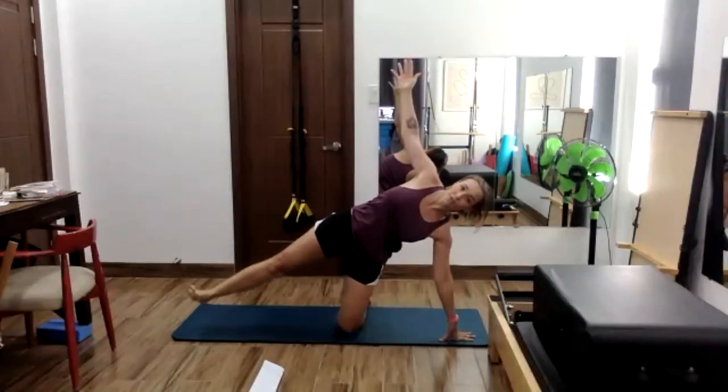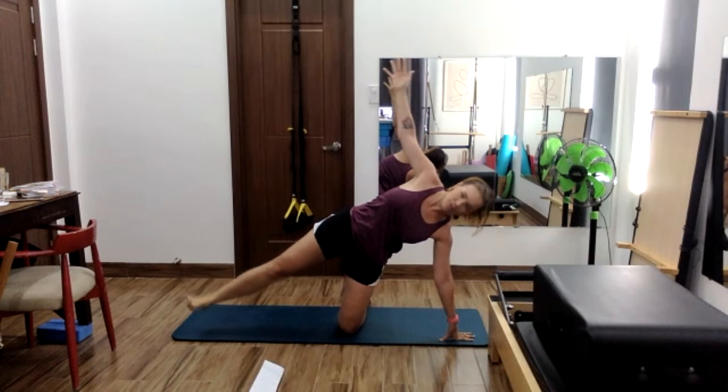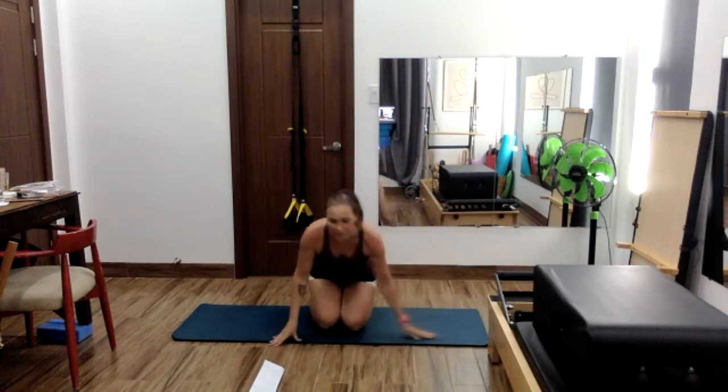Flex that foot in little circles. This leg is so far down, I know. Ooh. And reverse it, just a couple. And back to center. All right, sit on those heels, walk those